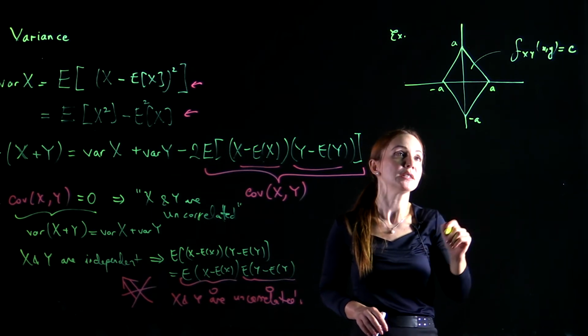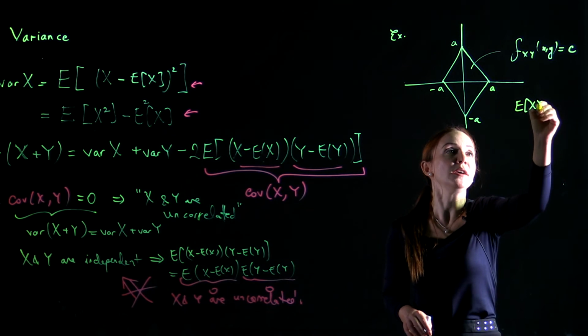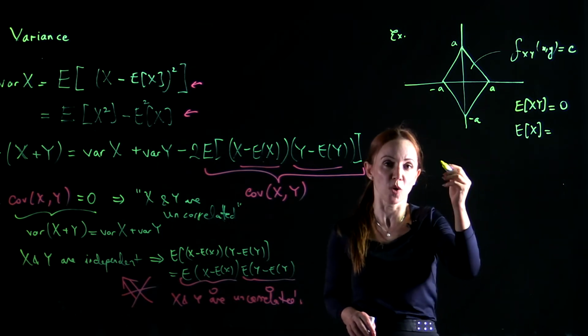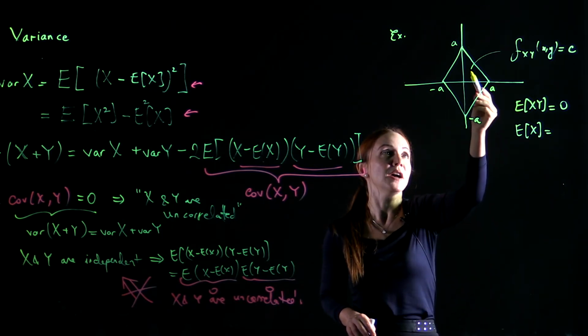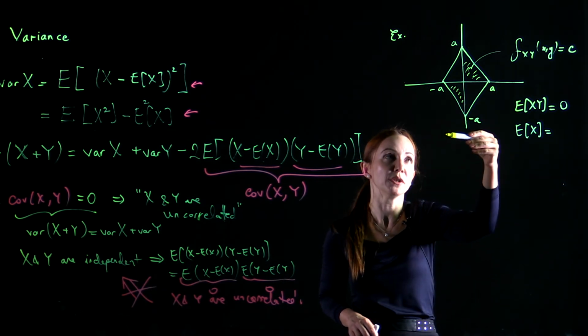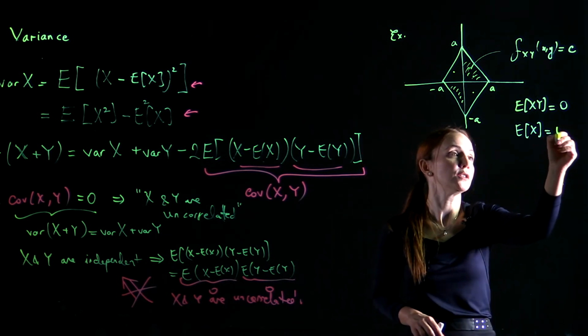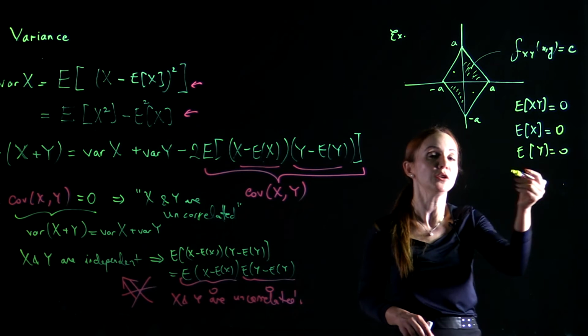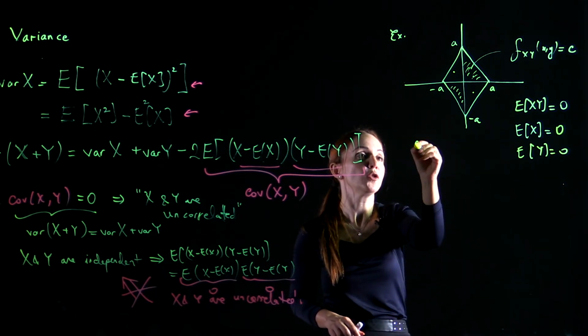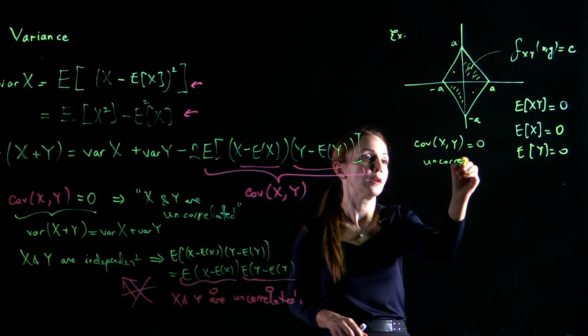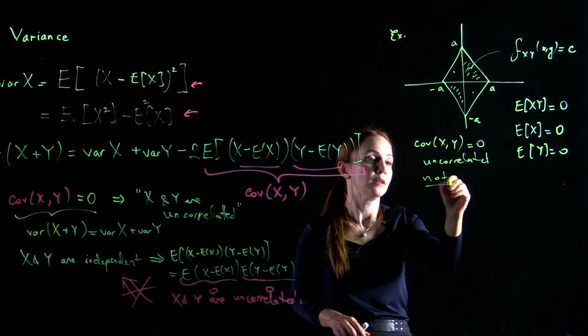Now clearly by inspection the expectation of XY is 0 and the expectation of X is 0. Why? Because X times Y takes these positive values here and the same negative values here with equal probability, and similarly there and there. So the expectation of X is 0, the expectation of Y is 0. Clearly then the covariance of X and Y is 0. So they're uncorrelated,